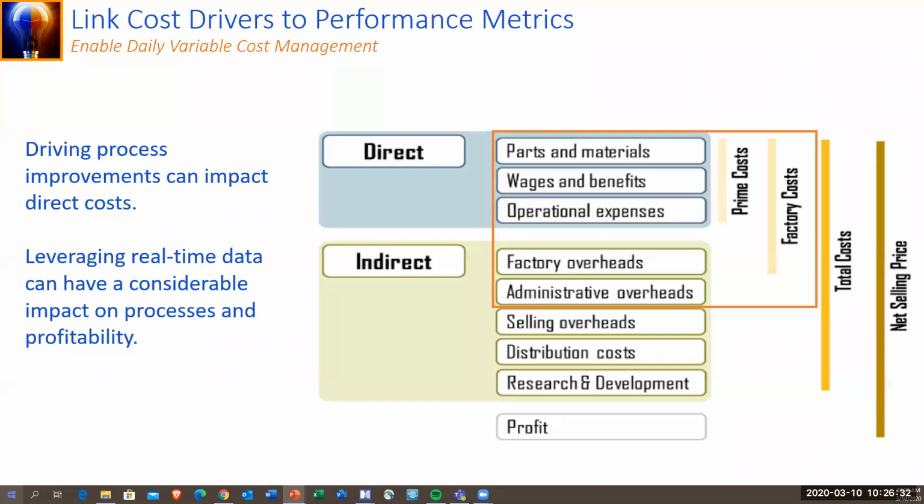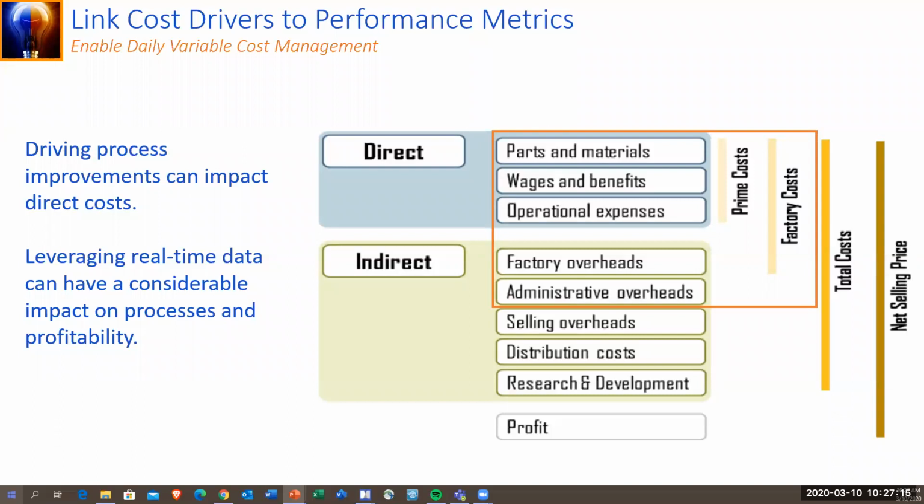provide a real-time dashboard. One of the really interesting conversations that we have with our customers is with the finance department. Right now, a lot of those indirect costs are just peanut buttered across the process with best guesses and estimates. If we can provide the finance department with these actual real-time views of the performance that's happening on the shop floor, you don't have to peanut butter those indirect costs across the process anymore. You can actually allocate those in a much more fine-grained and intelligent way, as well as